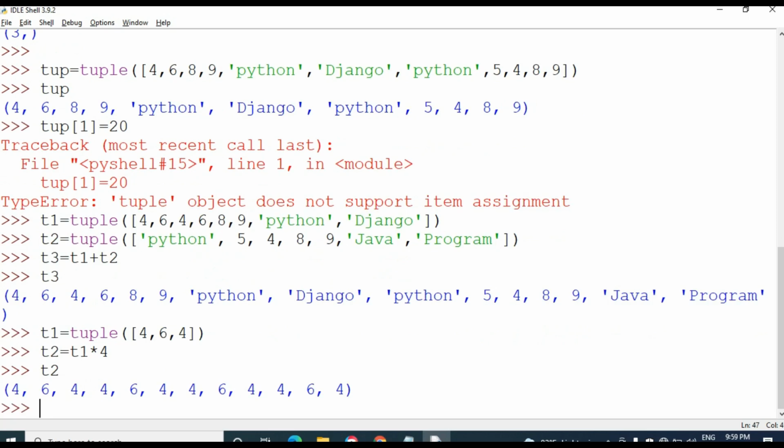So I'm going to print T2. See, the tuple 1 elements have been repeated 4 times. Multiplication means it repeats the elements n number of times. Whatever number the user has given, the tuple elements will be repeated that number of times.